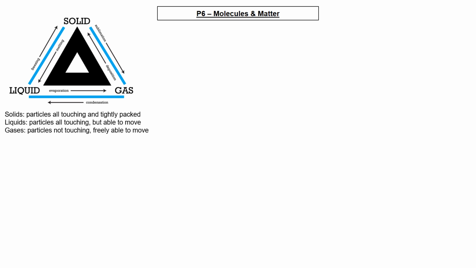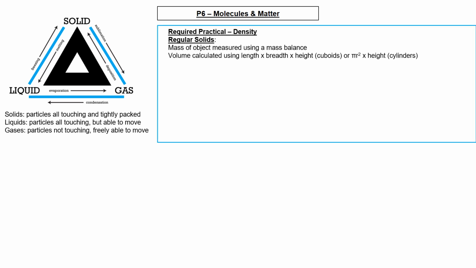In a solid, as you should be aware, we've covered it many times, solids are tightly packed together. All of the particles are touching each other, okay? In liquids, the particles are still touching each other. So if you're asked to draw this diagram, you need to make sure that the particles are still touching. If they are separated, it's now a gas, okay? But in liquids, even though they're touching, they're still able to move freely. Gases, particles are not touching, freely able to move. If you're given a box for a gas, you could draw 3 circles scattered across the whole thing, and they don't have to touch.